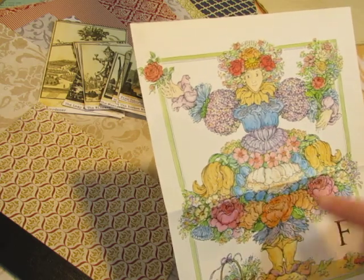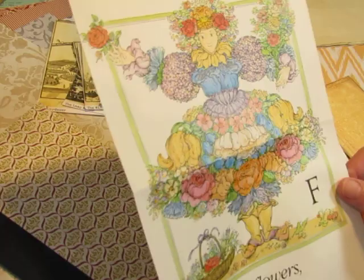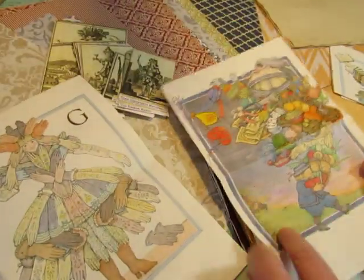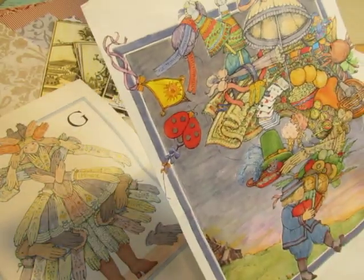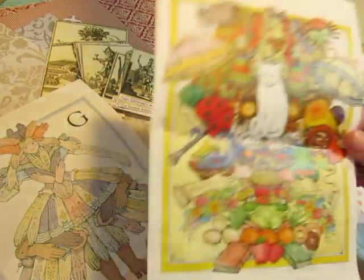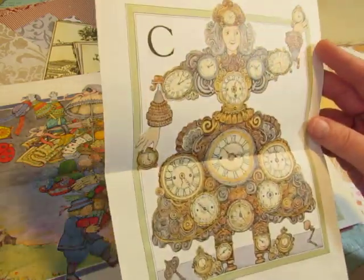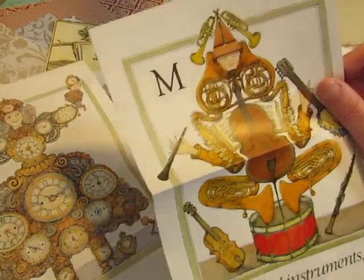people dressed in objects. So this one represents flowers and gloves. This one is just a kid who purchased things from all of the, I guess they're selling their items. So I needed to have another page, so I included that page in there. This one is books and clocks, so you get the idea how much fun these are. Music,